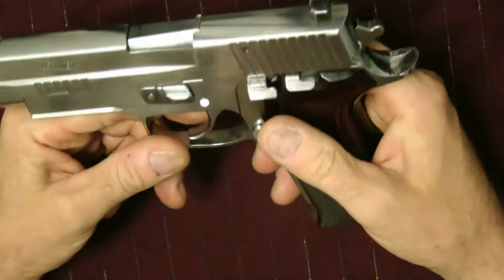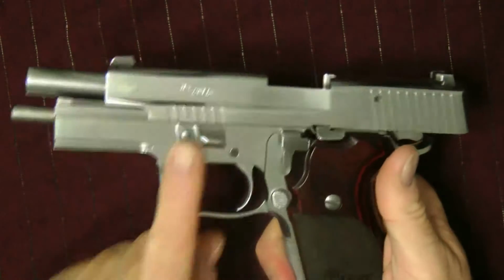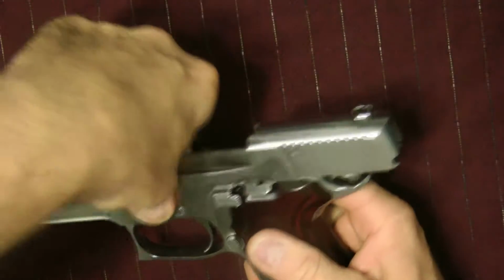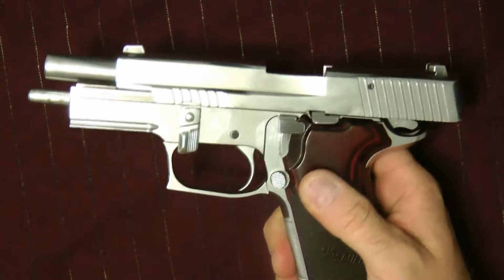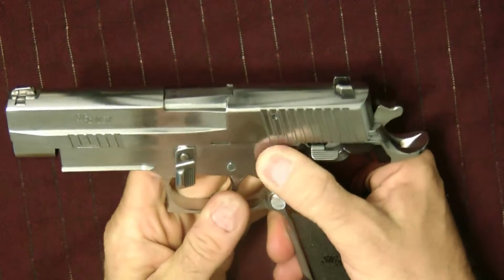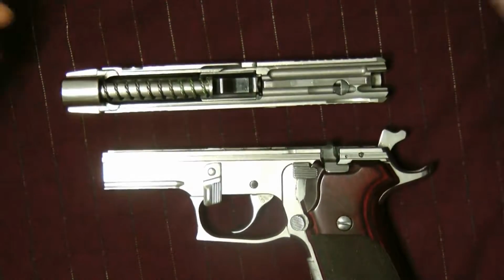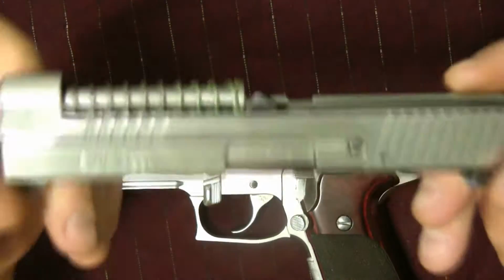Let's go ahead and take it down. Takedown on the gun is fairly easy. You lock the slide back, you push this down, okay, like that. You just push up, bring it down. You decock it, and you slide off the whole slide. Now the slide,